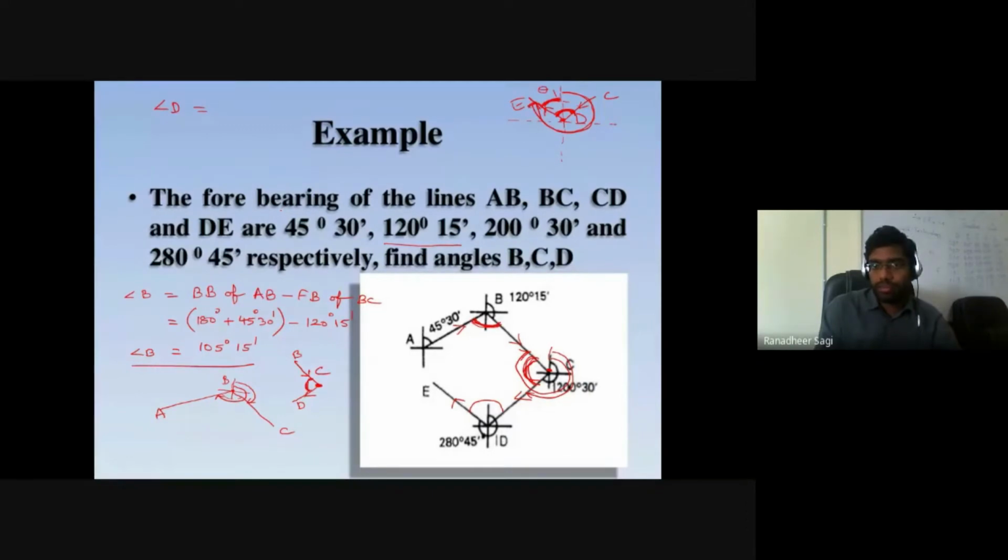That's one way. The other way is to make use of the back bearing of the CD line and the forebearing of the DE line. By using those two data, I first calculate the exterior angle made at station D between those two lines. The interior angle is then 360 degrees minus the exterior angle. Whichever way you do it, you will get the same value. So I am directly writing down my interior angle.